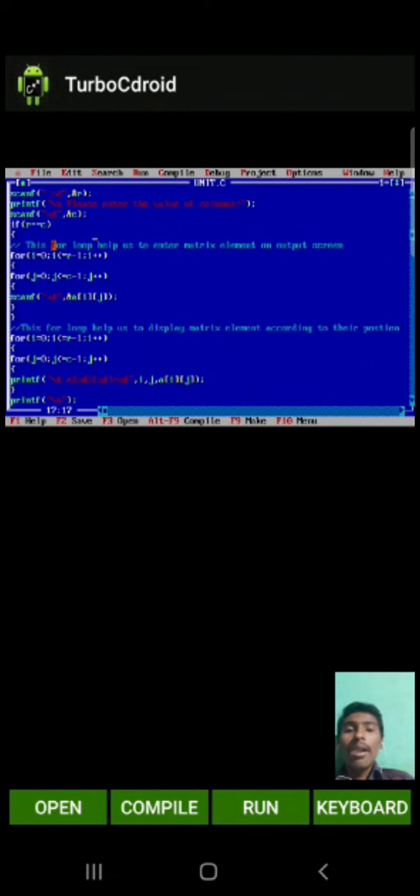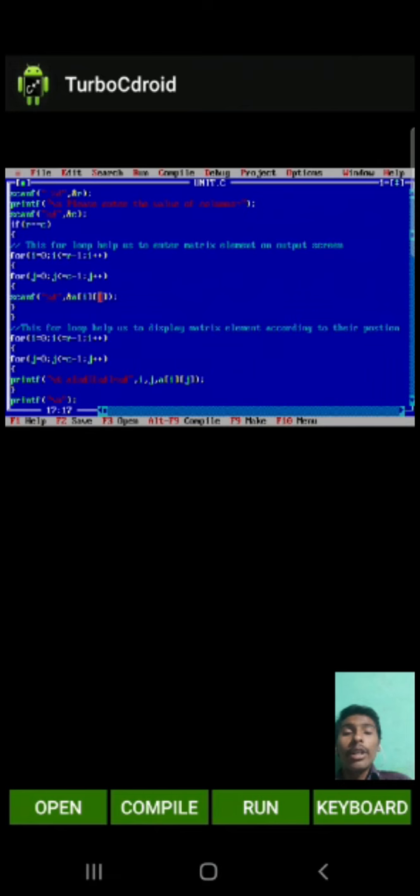this for loop. If we enter number of rows equal to 2 and number of columns equal to 2, then r minus 1 is equal to 1 and c minus 1 is equal to 1. First i is equal to 0, 0 is less than or equal to 1, it is true. Then it goes towards the inner for loop, and j is equal to 0, 0 is less than or equal to 1, it is true. Then the body of the inner for loop will be executed, and the computer will take the first value from the user,